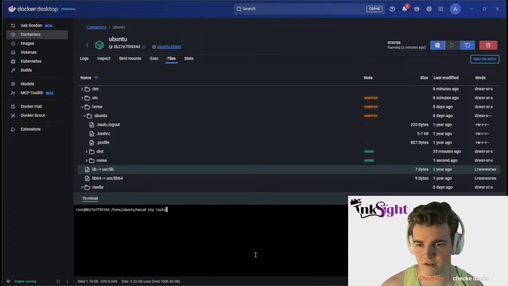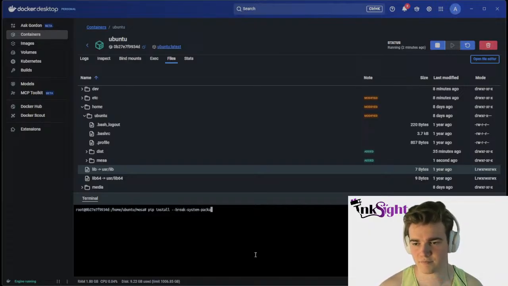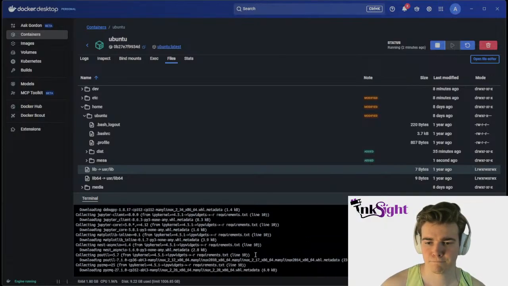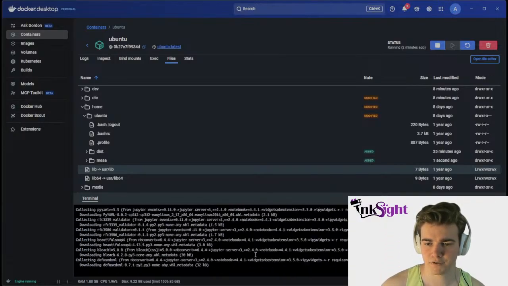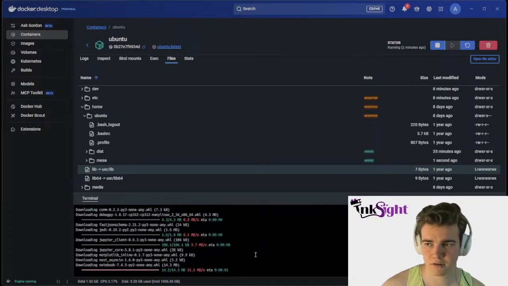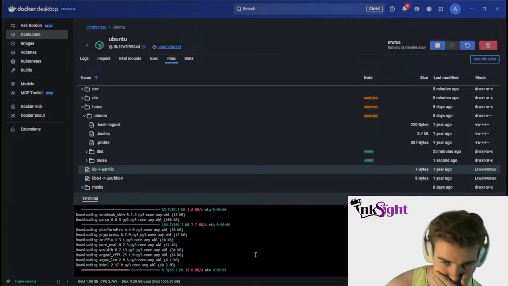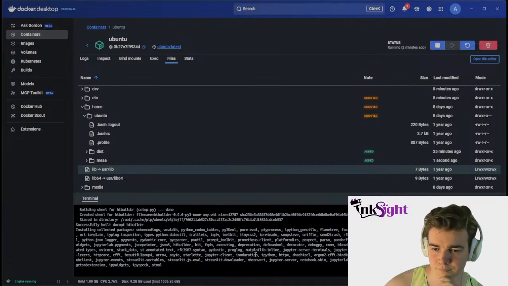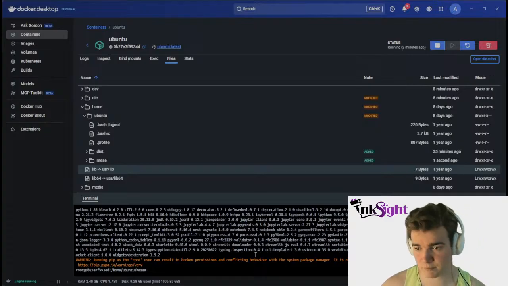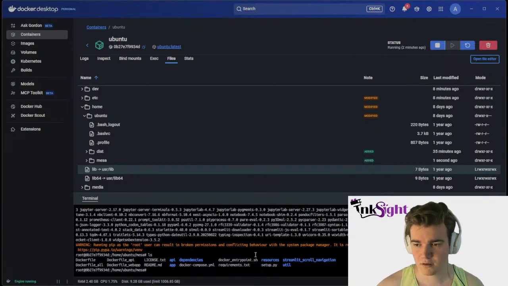If we do pip install --break-system-packages -r requirements.txt. Installing a bunch of stuff. A lot of stuff. But it works, hopefully. Yep, it works. Okay. Now if we run,